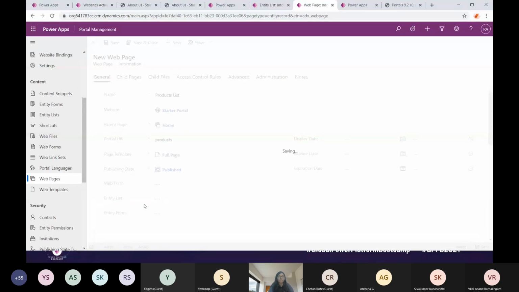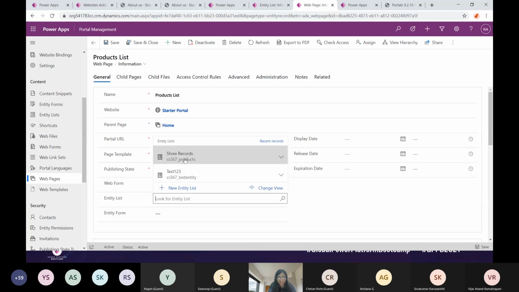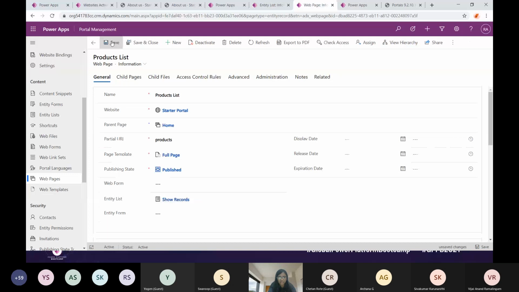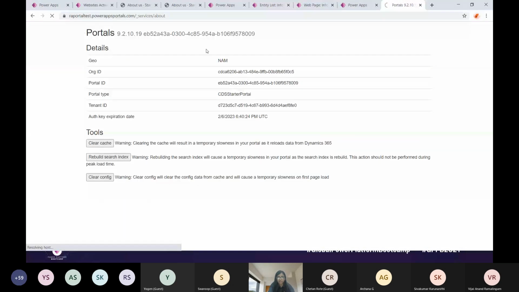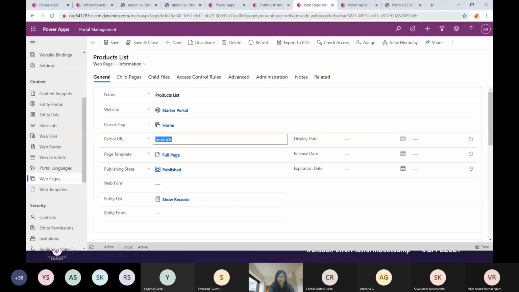And here we have a column for adding the entity lists as well. So once it is saved, I'll add the entity list again to the one that I just created. So I have this show record, which I just created, and I'll click on save. I'll clear out the cache and I'll go back to this and copy this partial URL.